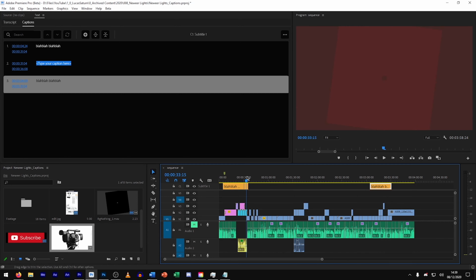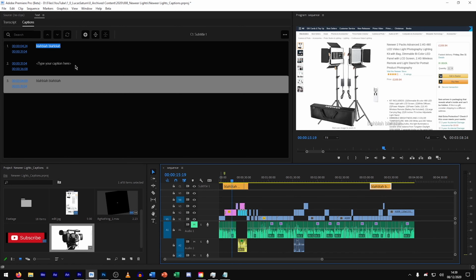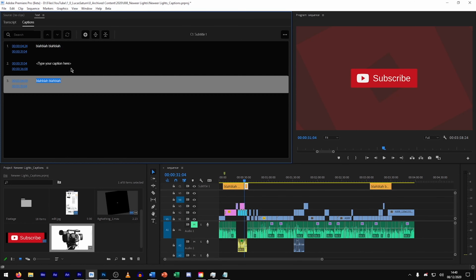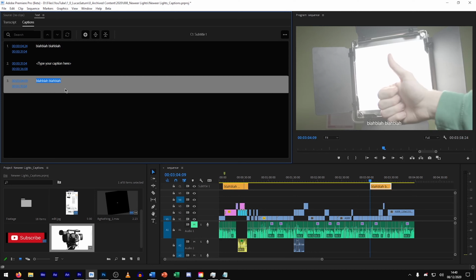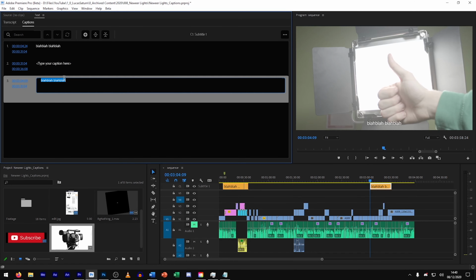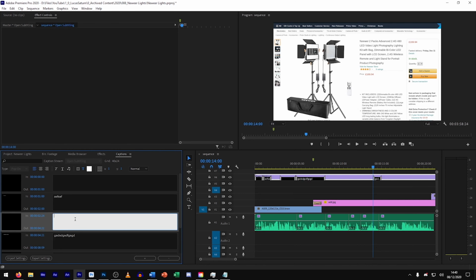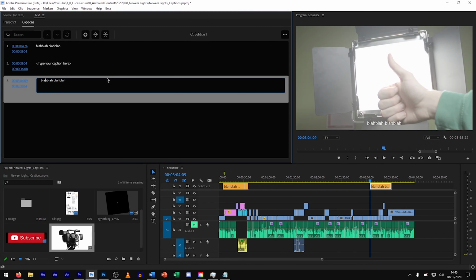However, there's a few things about the new one which aren't ideal. I found that sometimes when I double click on this text box, it sometimes won't open. Now that was on the previous version of the beta, so I haven't come across it after updating, so it's possible they fixed it. But sometimes I found that when I double clicked, it didn't really want to open that. Ideally, I just want Adobe to have it like this and just let me go into anything and edit like that, rather than having to double click into it.